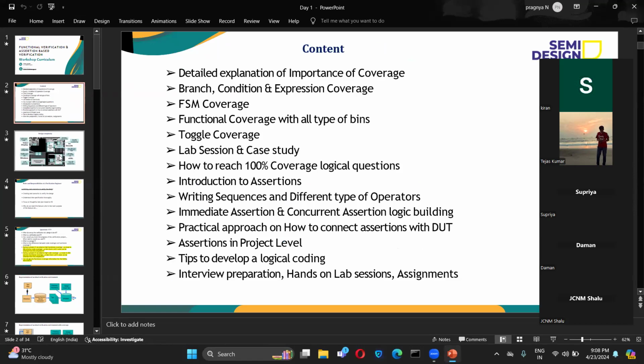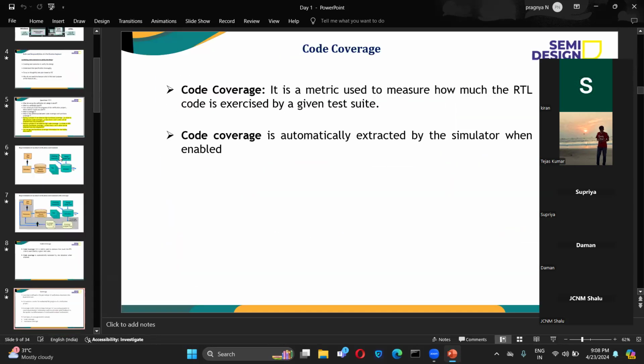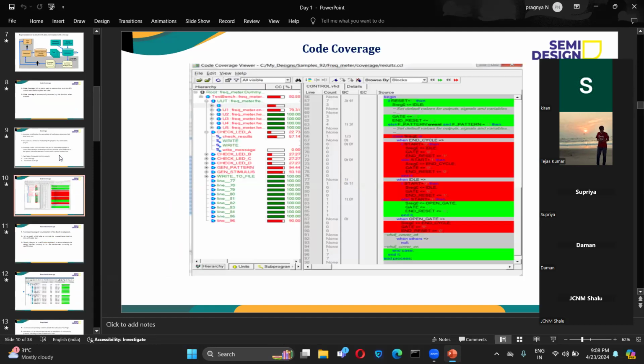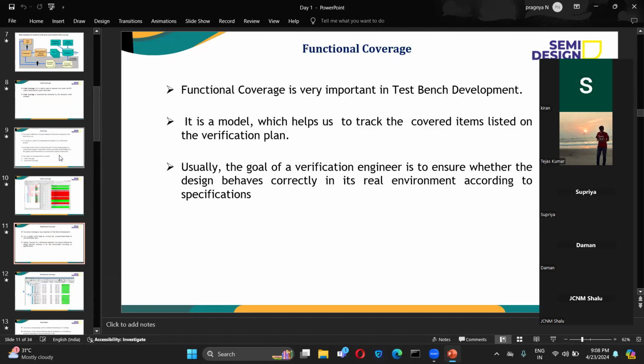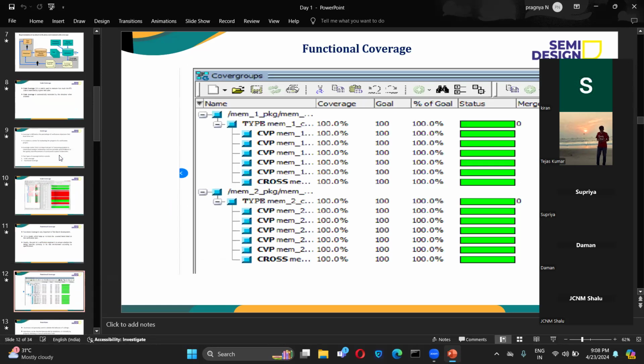what is code coverage, what is functional coverage, and why do we have code coverage? Why the code coverage plays a good role in the ASIC verification functional coverage aspects, and what is the use of functional coverage, and what are the different types of code coverage. Those things we have gone through. And we saw some snippets of the code coverage report, how it looks. And even for the functional coverage report snippet, we saw how it looks and how this result is calculated, this percentage at the tool side, how the process is done, all that